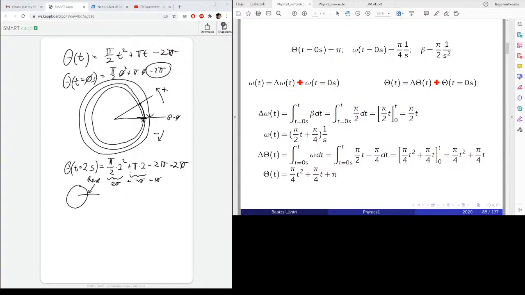What is omega of t? Omega of t is the derivative of the angular displacement. That's pi t plus pi. So for example, at t equals 0, this body has an angular velocity pi. What does it mean? So this pi means every second